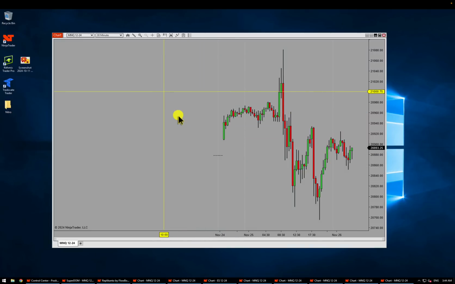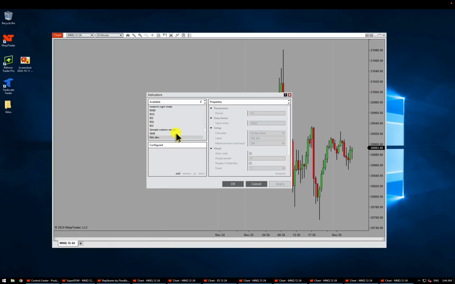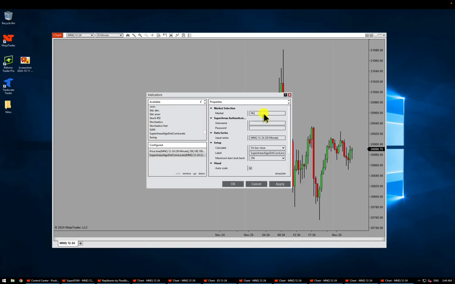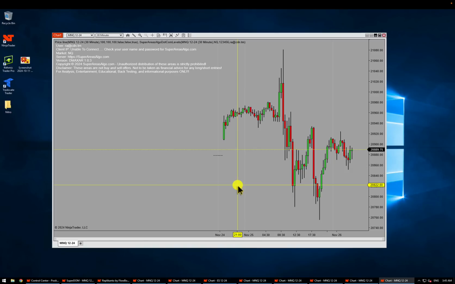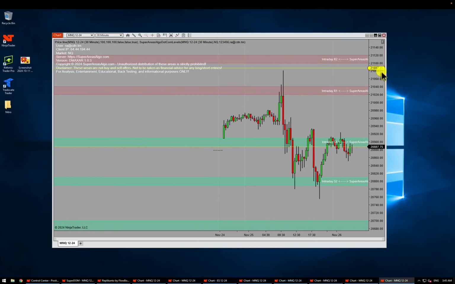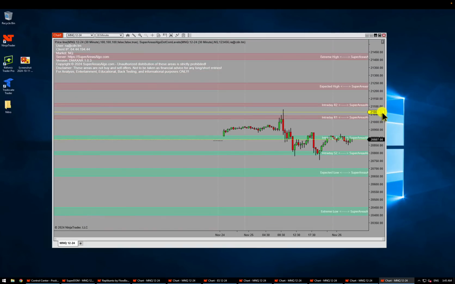All I care about is going to Indicators, and I'm going to add 2 indicators. One, I'm going to add Price Line, and one I will add Super Areas Levels. So this market is Nasdaq, so I would type in the symbol for Nasdaq, my Super Areas username, 123456, and I will press OK. And there you go, it connects, and it pulls from our server the predicted support and resistance levels, all the way, 8 of them. So 4 high, 4 low, 1 2 3,